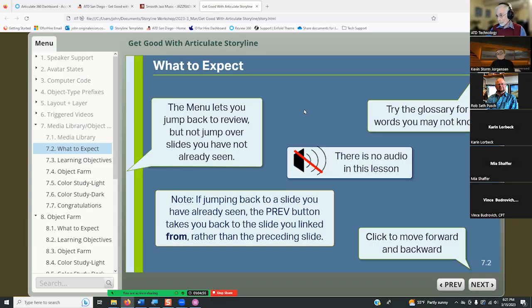So depending on the audience, I will start most lessons with a what-to-expect slide that explains how these things work, how to go forward and reverse, and what a menu is and how that works.